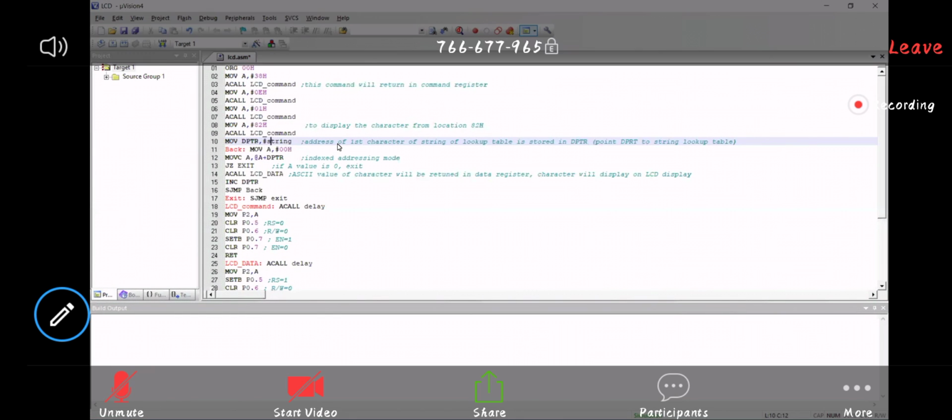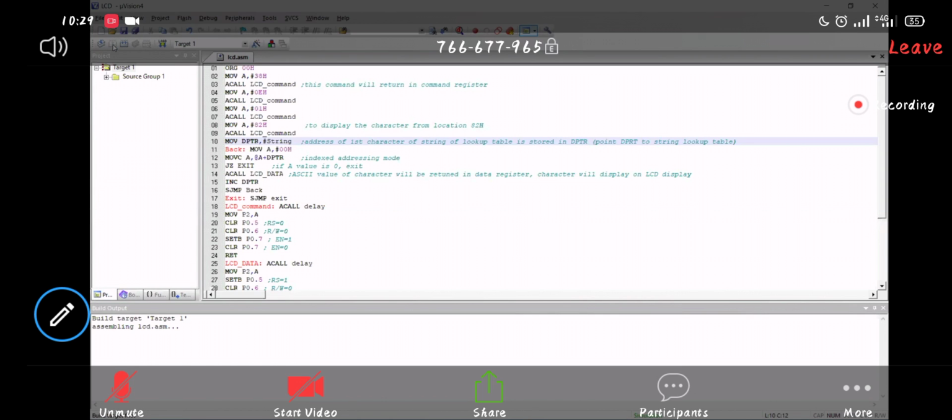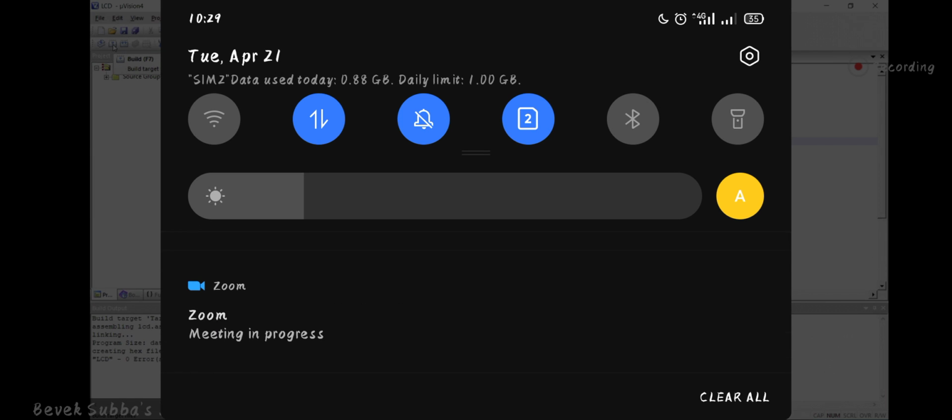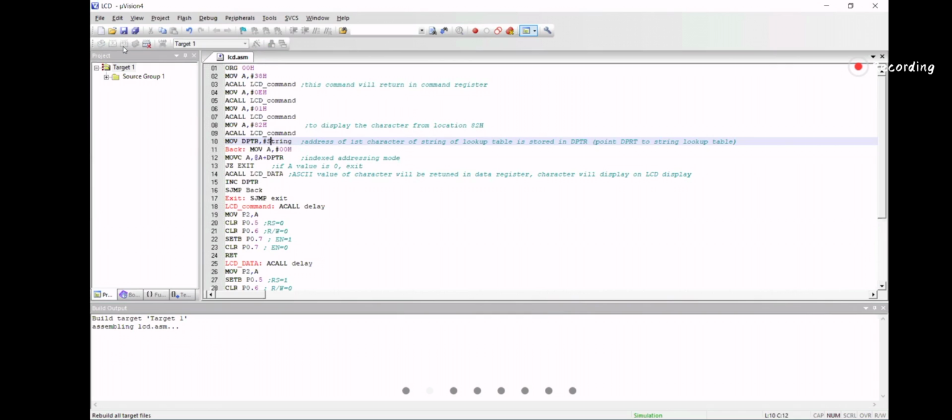Let's see. I've already created the hex file, but there is some problem showing on Proteus now. Is it clear with the program? Let me know whether I am clear or not.